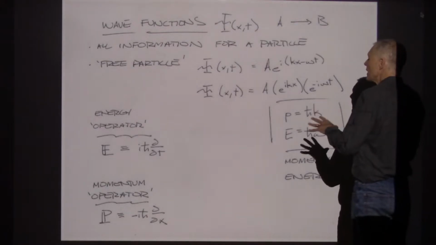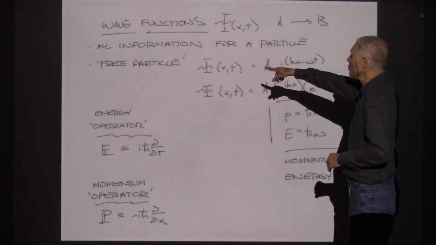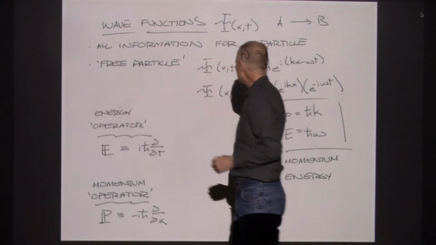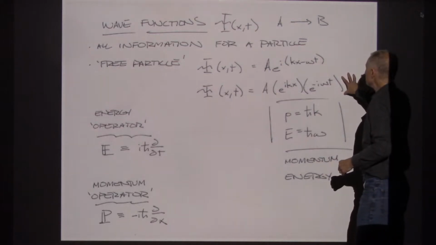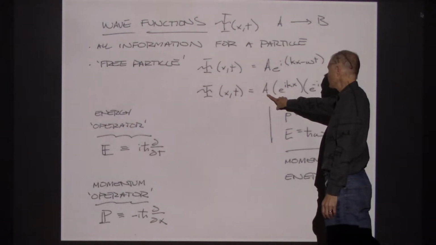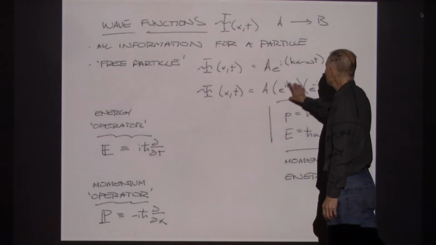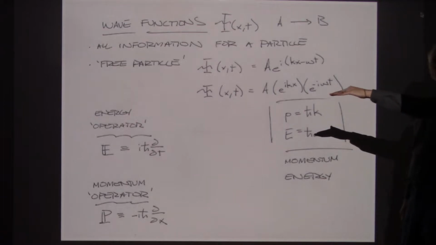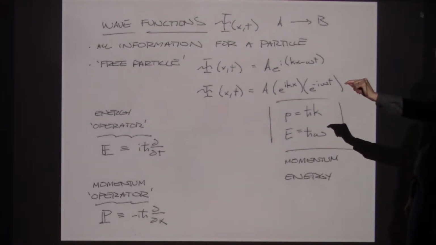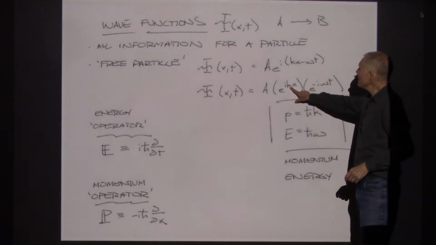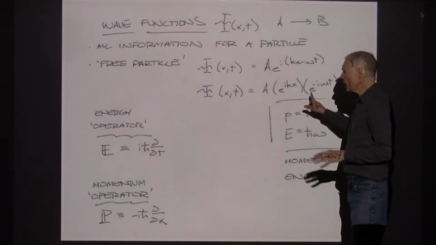But this is how typically a free particle, when a particle is just traveling from one location to the next, gets represented as some kind of what's called a normalization constant, a constant out front. And then there's a phase that has to do with how the phase varies as it travels from one place to the next, and how the phase varies as a function of time. What we find is that the wave number,